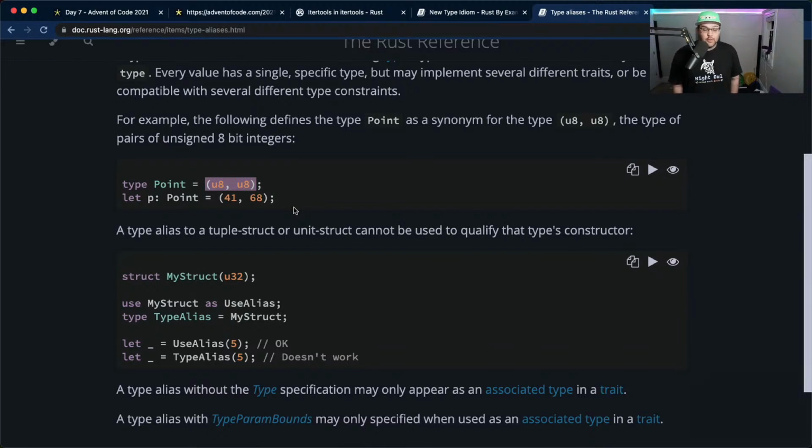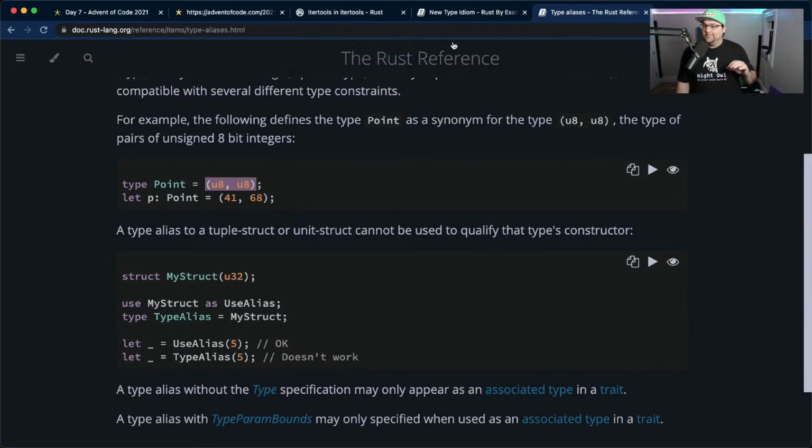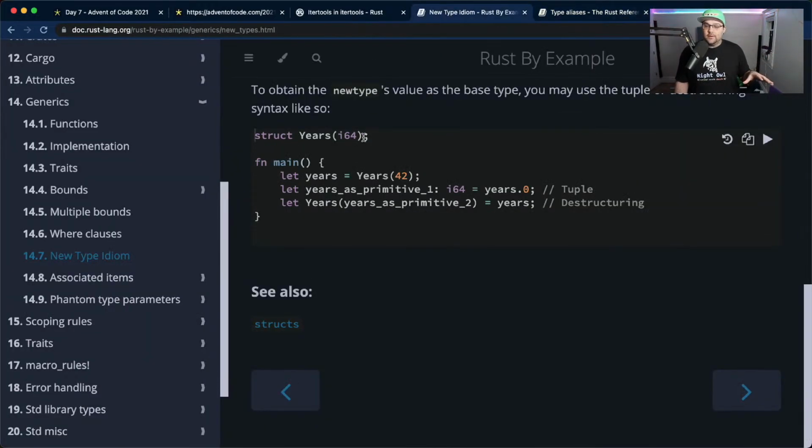So you can pass it a tuple, and you can operate on tuples and things like that, and it doesn't really stop you from doing things. But the new type pattern requires that you wrap your value in something. So you can use the new type pattern instead of the type alias pattern, which is the struct thing versus type thing. You can use the new type pattern to initialize a value with a struct that is a private